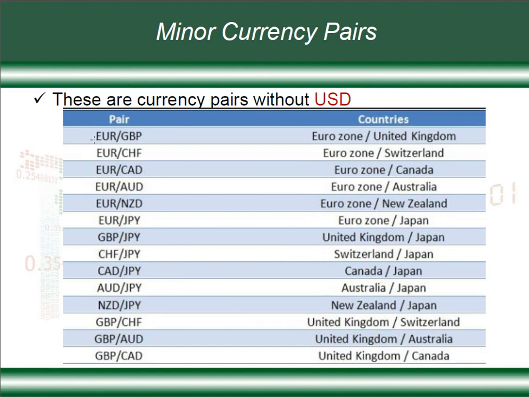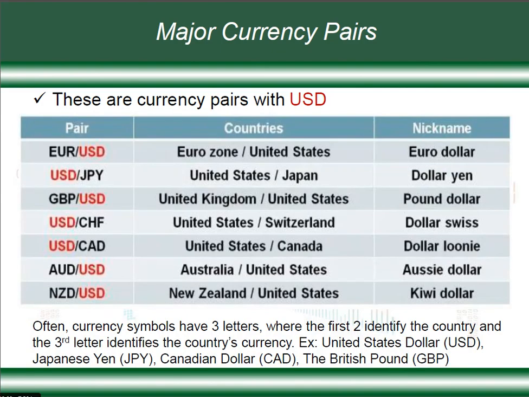Okay, so this means euro pound, euro franc or euro Swiss, euro Canadian dollar, euro Australian dollar, euro New Zealand dollar, euro Japanese yen. You can keep on naming those things. This is the pound Aussie, the pound Australian dollar. And there are many others. We have at least 28 currency pairs. You can already see we had 7 here. Now we have